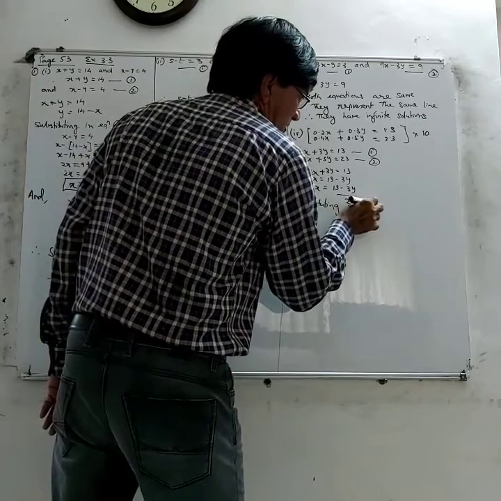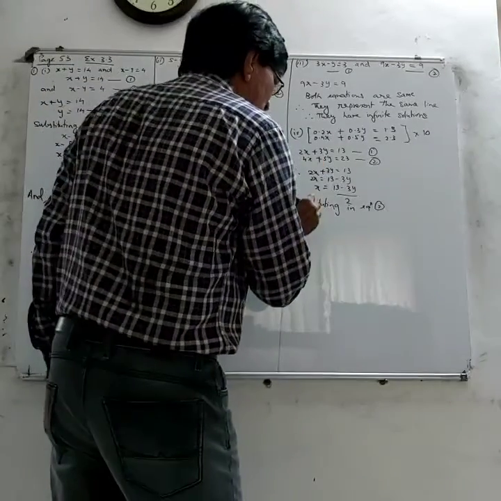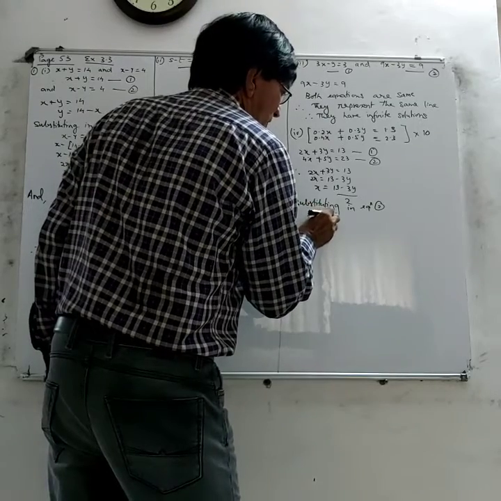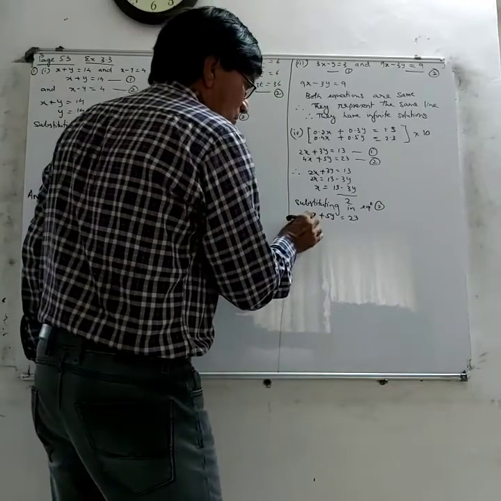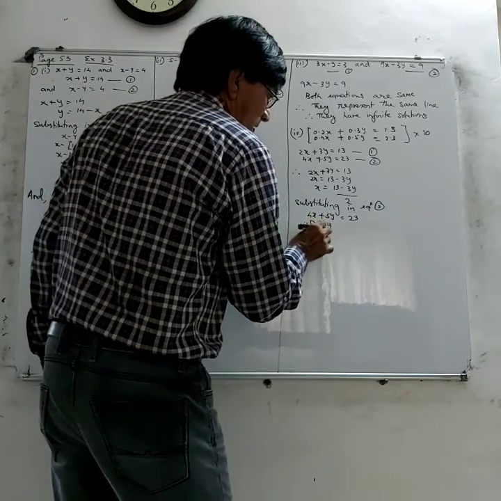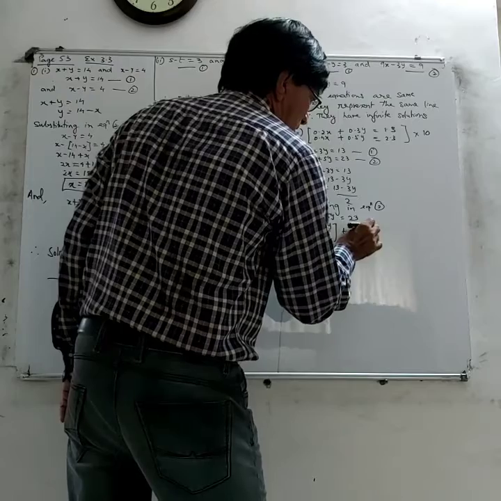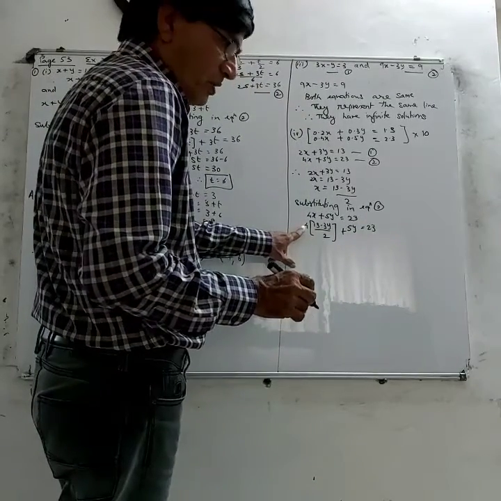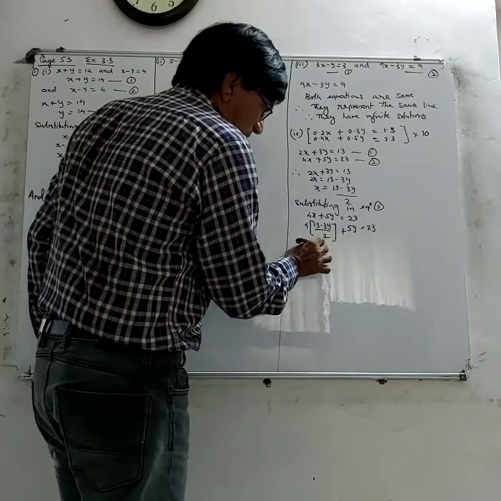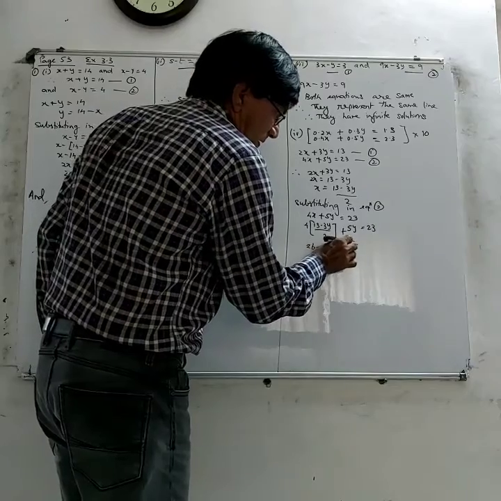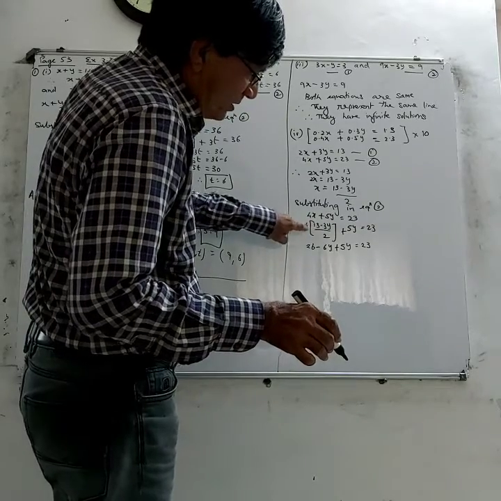Substituting in equation 2, we get 4x plus 5y is equal to 23. 4 into x, where x is equal to 3y upon 2, plus 5y is equal to 23. Now 2 2's are 4, so this will cancel. 2 13's are 26, and 2 3's are 6y plus 5y is equal to 23. Remember, the 2 has cancelled with the 2.